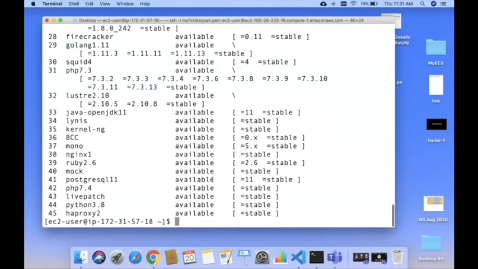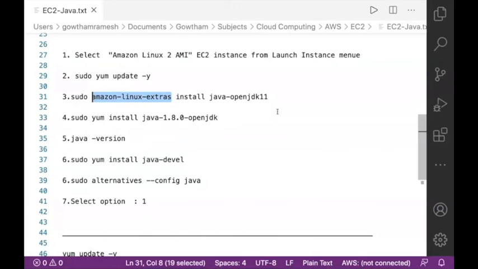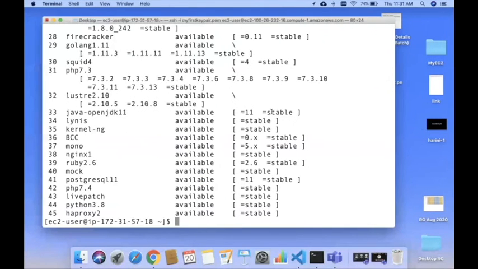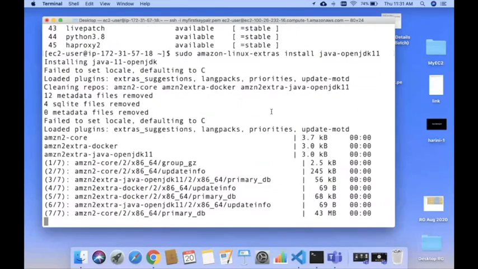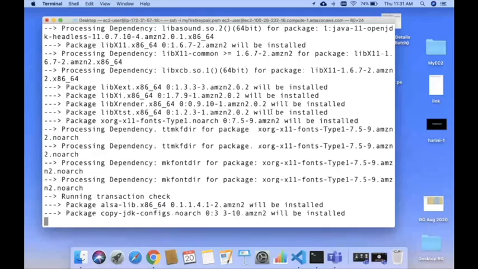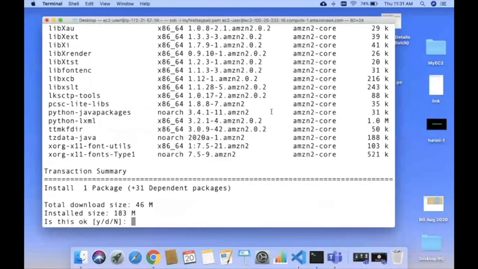There's a command to install Java OpenJDK. You can use this particular command: sudo amazon-linux-extras install java-openjdk11. You can install multiple Java versions in a single machine. It is asking to proceed.